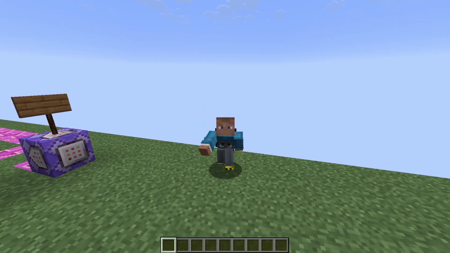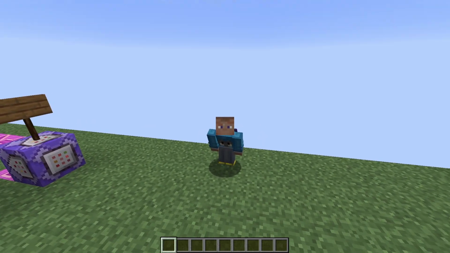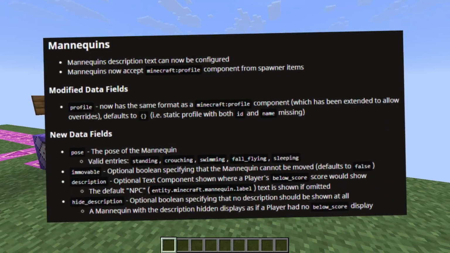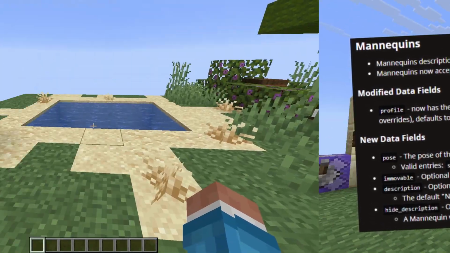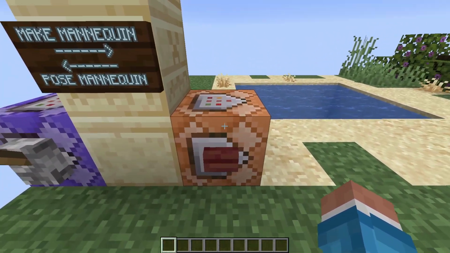Hey buds, in this video I'm going to be showing you guys how to pose the mannequins because just like I thought, they have added in a bunch of different posing mechanics. So the first mannequin that we're going to go over is the swimming pose mannequin, which is in this command